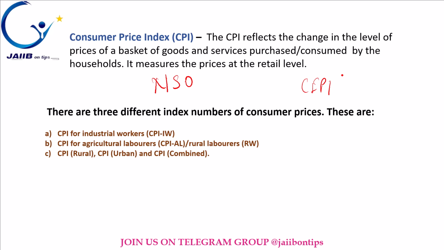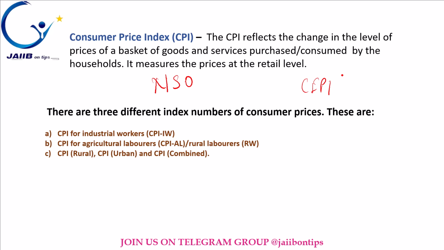The RBI uses the CPI information to make decisions about the country's money and interest rates. It helps them keep an eye on how the cost of living affects us and our economy. So the CPI is like a shopping guide for the prices of things we buy, and it's crucial for understanding inflation and how it impacts our wallets and the economy as a whole.